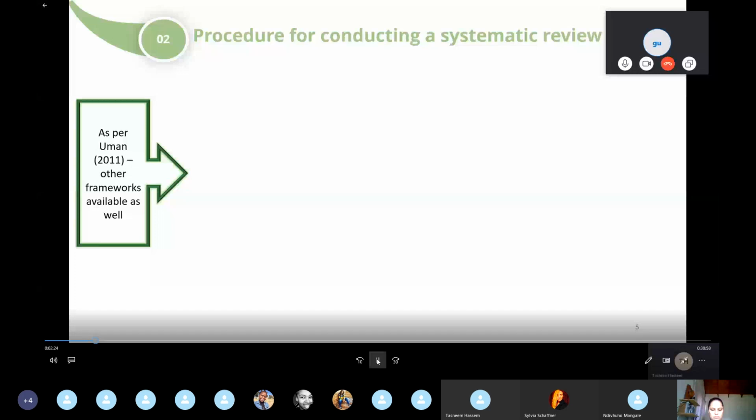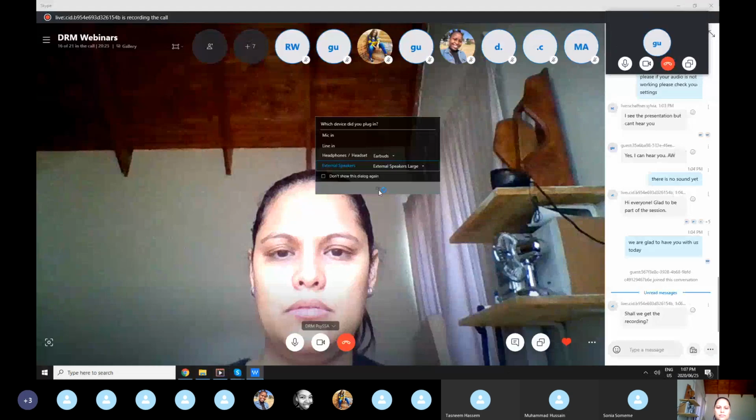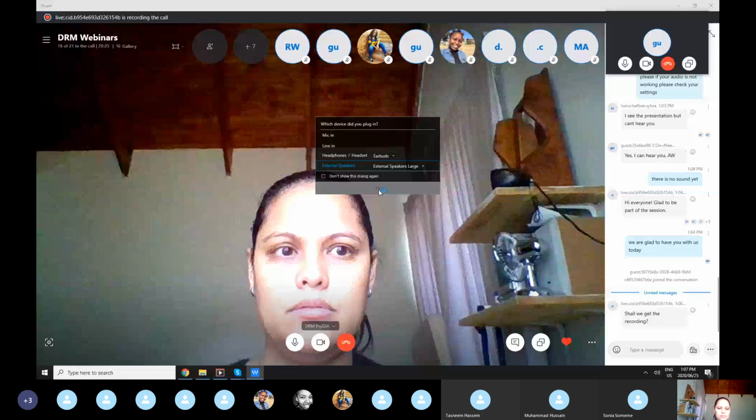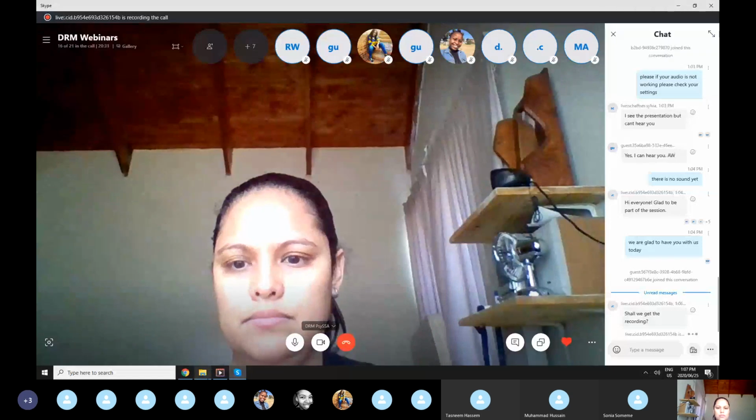So when we looked at what to use for a systematic review, we found what was common across all these methods, and maybe some stages were less or some stages were more. We found that defining the research question, selecting the literature, conducting a critical appraisal or quality appraisal of your literature included, and analyzing the studies or the results, were key in every method used for conducting a systematic review. For the purpose of this webinar, we'll be looking at the Boland 2011 method of how to conduct a systematic review. I think this was a bit more of a detailed process. And I think when it's your first